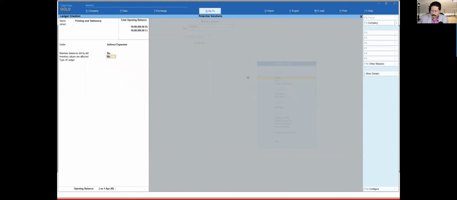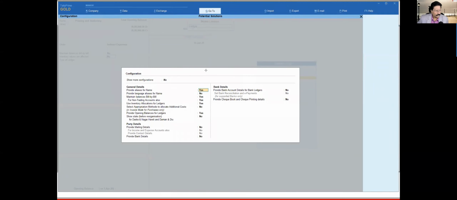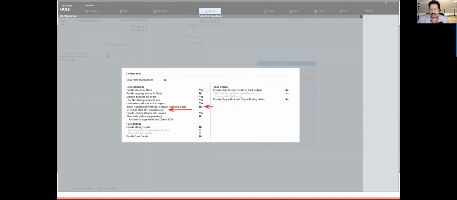So let's come to F12 configuration. This is where we have this option, select appropriation method in the purchase invoice. We are going to select this option and make it yes. Okay.